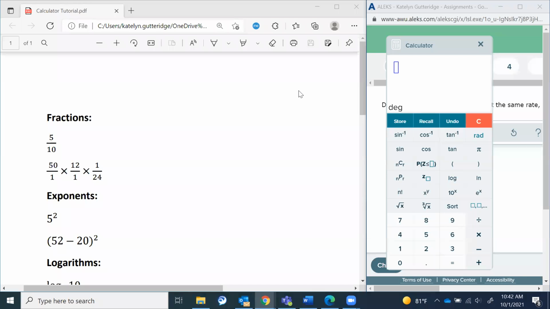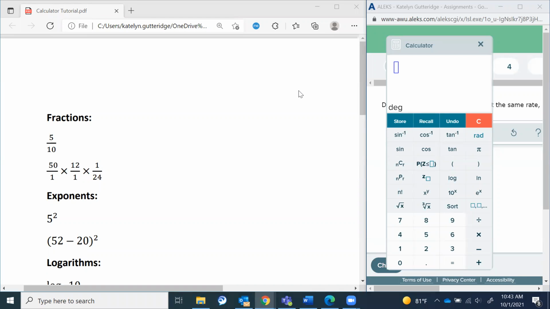Hi class. This video is going to go over how to use the ALEKS calculator. It gives you a little bit of a tutorial on the ALEKS calculator. What I have done is pulled up the ALEKS calculator on a random problem in ALEKS. I have hidden that problem because I'm going to focus on just looking at some of my own problems I've